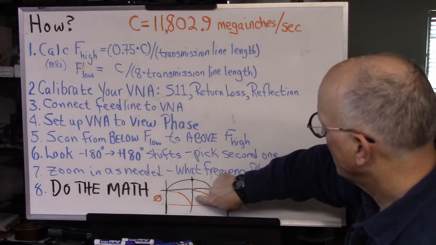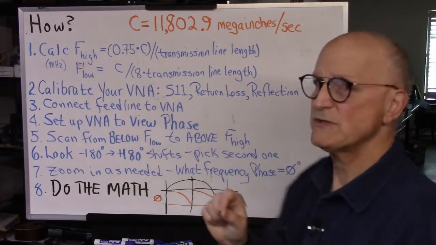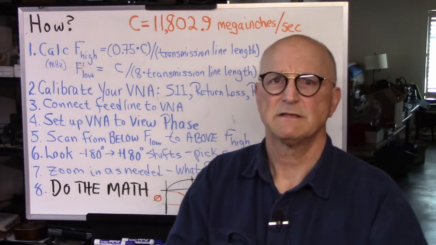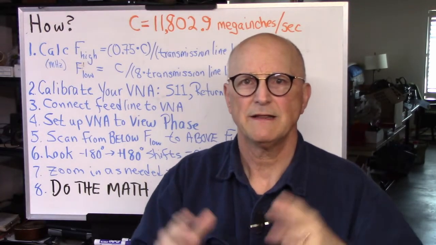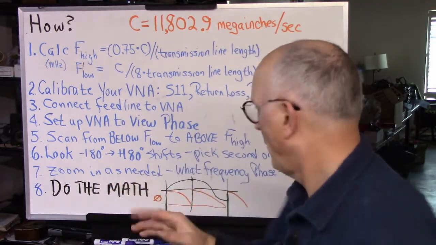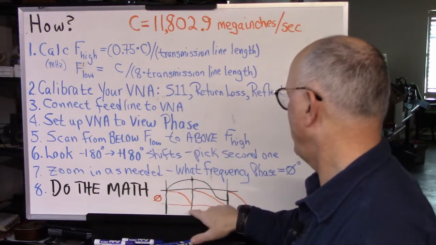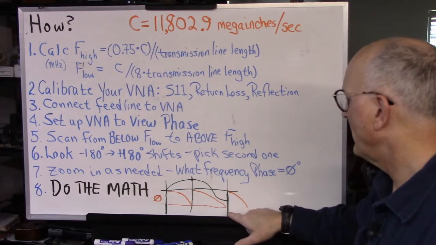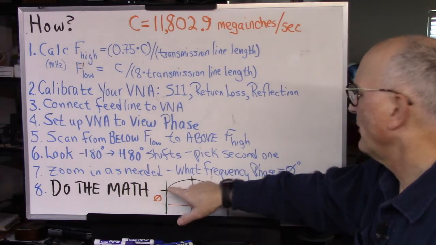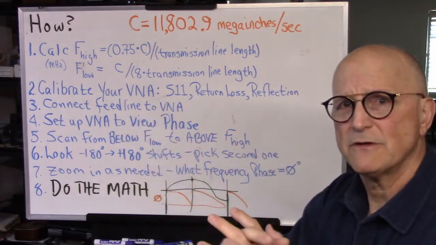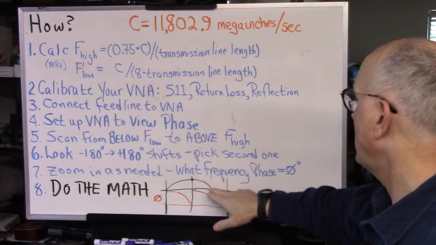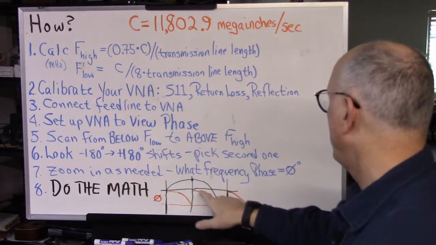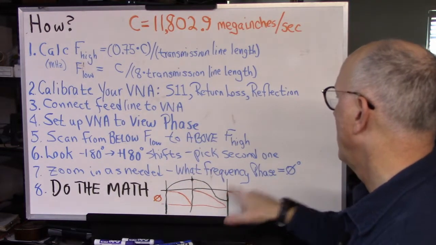This first one here is the place where the physical length of your piece of transmission line is exactly equal to the electrical length of 1/4 wave at this specific frequency. And the second one is the place where the physical length of your transmission line is exactly equal to the electrical length of 3/4 of a